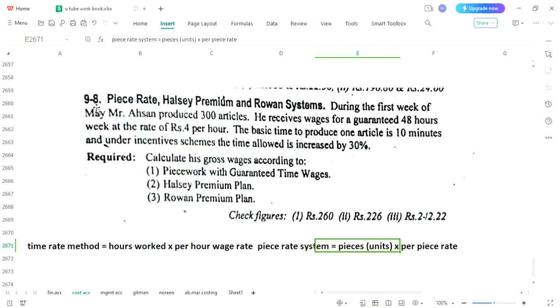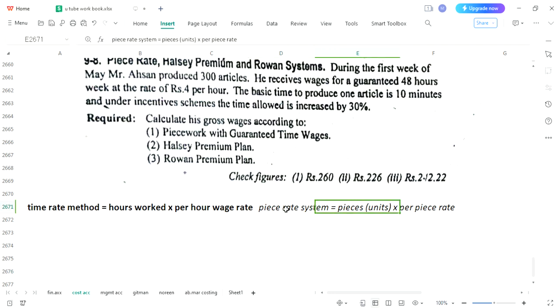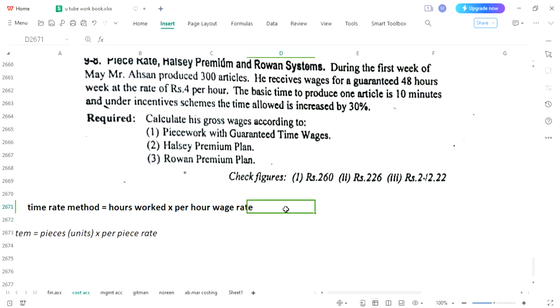In this way, we have calculated our second system, and usually these two methods would be used for calculation of all wage rate systems. So these are two methods which would be used for calculation of wage rate,